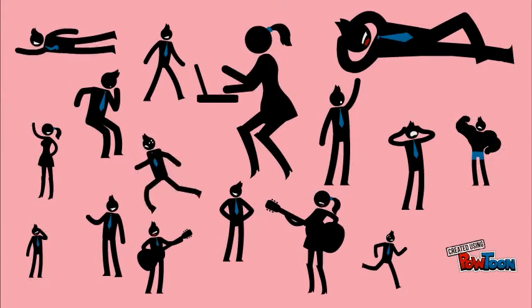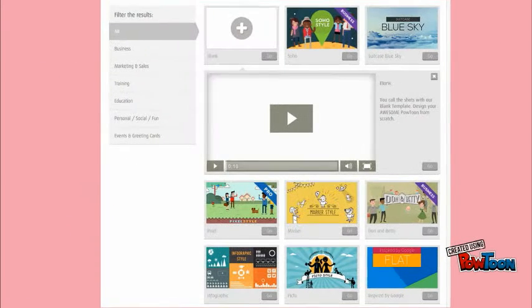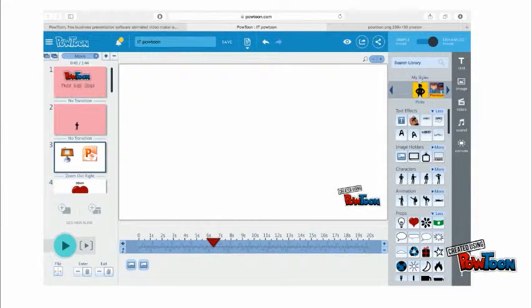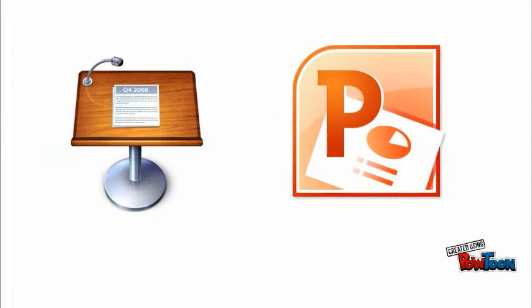When starting with PowToon, you can choose from multiple already pre-made templates that are especially focused on business, marketing and sales, education, fun, and many others. We have decided to start just with a blank presentation to make it easier to show basic features that can be used. One of the main differences between PowToon and its competitors such as PowerPoint and Keynote is the interaction of